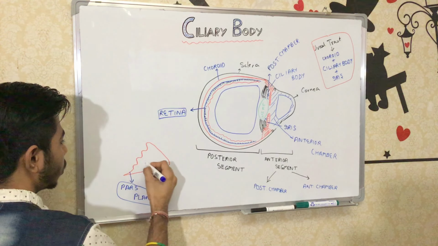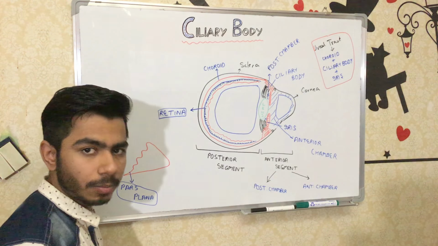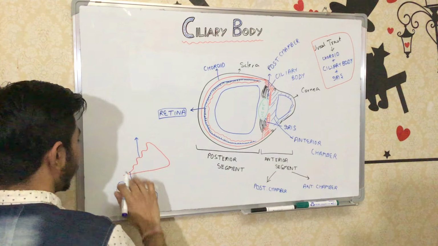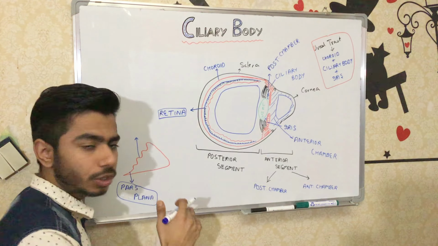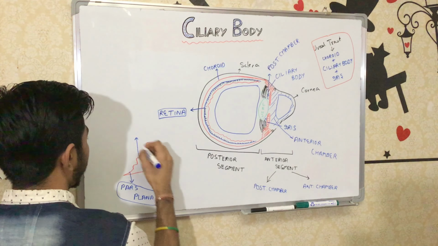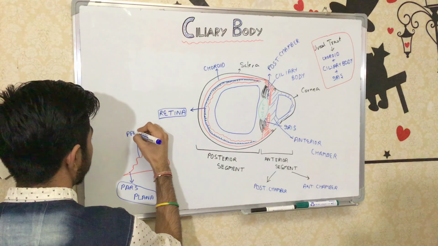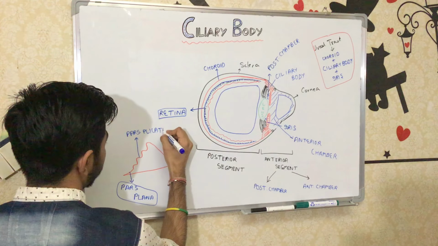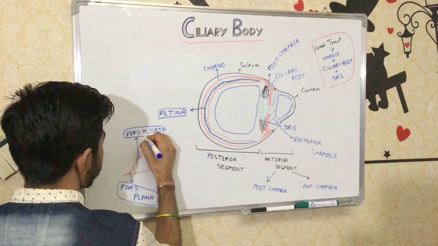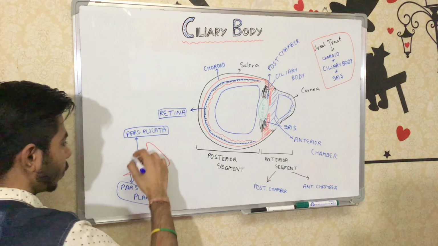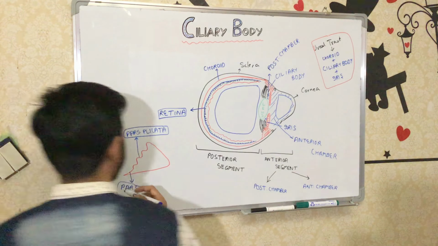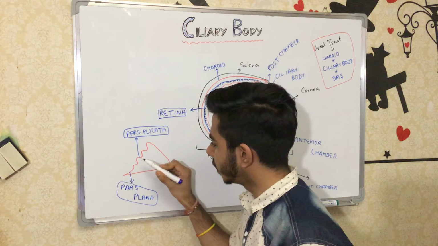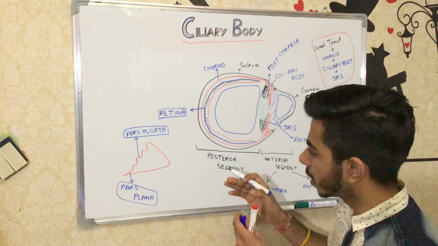And the finger-like projections, the ciliary processes of the ciliary body, are called the pars plicata, right? These finger-like projections are responsible for secreting the